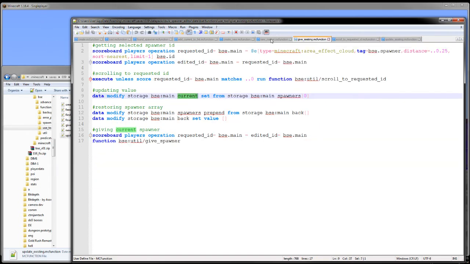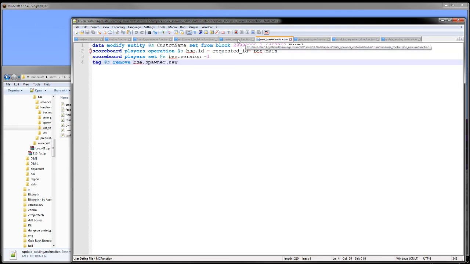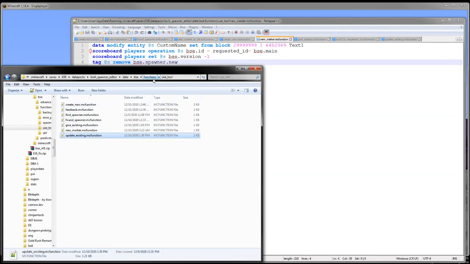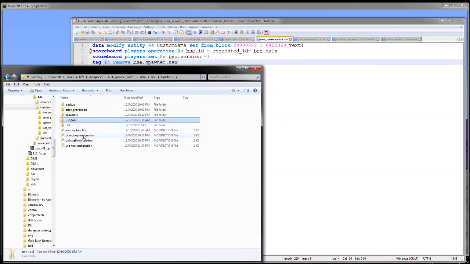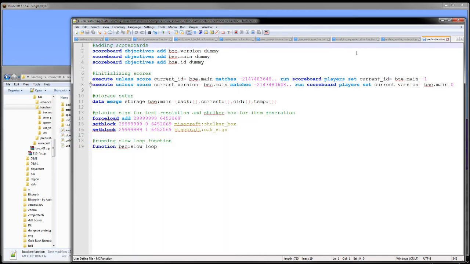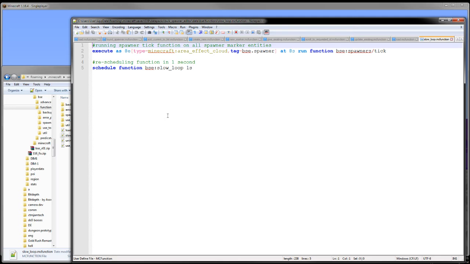So that's how the whole debug stick functionality works. Whenever you right click, that's everything that can happen. The last few things is the actual slow loop function. There, in the load function here, I do schedule a function called slow loop, and this is something that runs every second. It's a recursive scheduling function. Execute as all area effect clouds every second that have the marker tag, I run this function here,